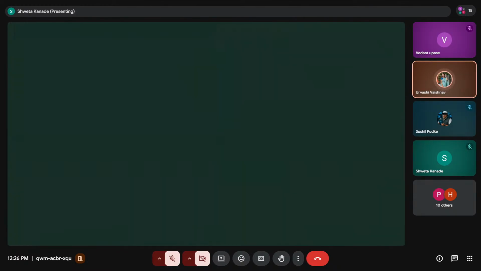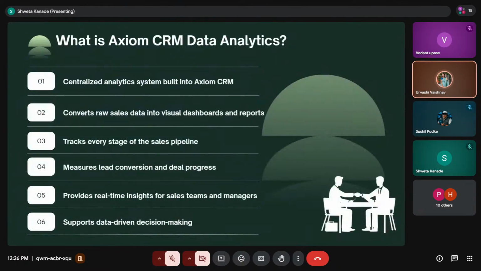Let's begin by understanding what Axiom CRM Data Analytics is. Axiom CRM Data Analytics is a centralized analytics system built directly into the CRM platform. It converts raw sales data into interactive dashboards, charts, and reports. They are easy to understand. It tracks every stage of the sales pipeline, measures lead conversion rate, monitors deal progress, and provides real-time insight to both the sales team and managers. Instead of relying on spreadsheets and assumptions, businesses can use accurate and organized data to make informed decisions and optimize their